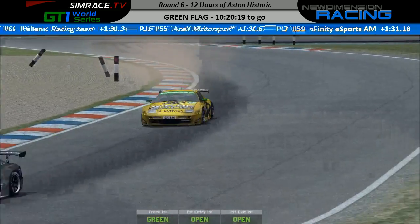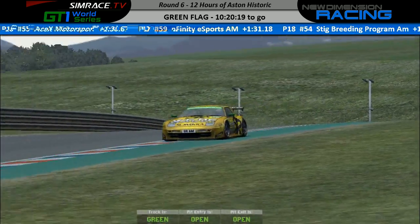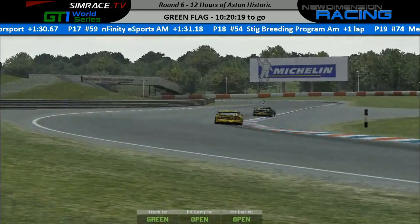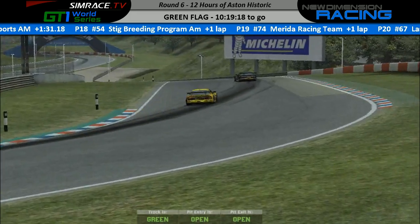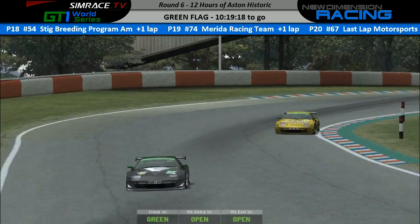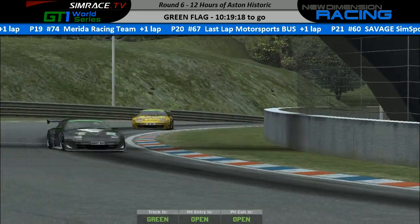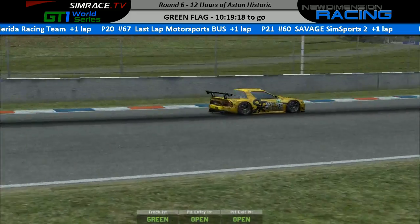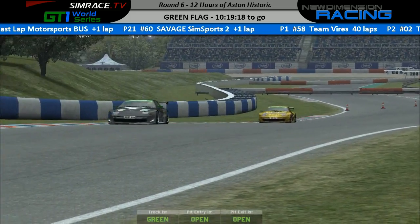Anyway, positions. Team Virus Amateur lead from Team Virus Pro with Genuine Racing in third, Inex Racing fourth, Conquest Racing Pro are in fifth position ahead of Genuine Racing in the second Pro car, seventh Green Angus Racing in the Austin Powers themed skin, 8th Core Racing Pro ahead of Core Racing Amateur in 9th, and Savage Sim Sports 1 completing top 10. Scuderia Gas are in 11th with Team Rock Racing in 12th, Green Angus Racing are 13th with